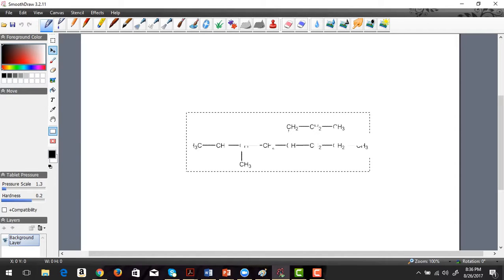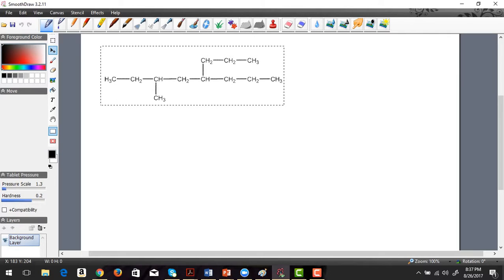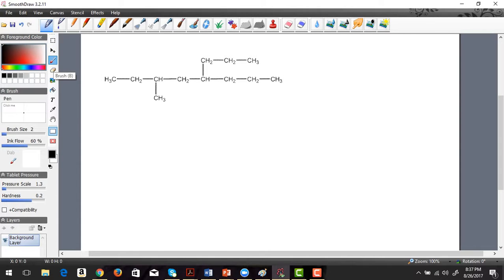This was one of the compounds we did work out in class, and while some of you were able to do it, some of you had difficulty, so I'm going to walk you through 2 or 3 different compounds in this particular video, where I'll show you what to do if you run into those problems. So with that said, this is the compound that was one of the practice problems